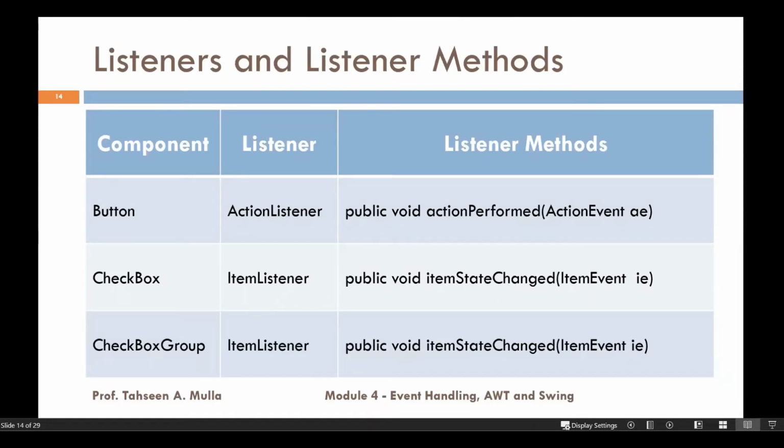You need to have some action performed or some methods implemented to it, and to communicate between the listener and the action performed on the particular component, you require some methods, right? So suppose you're going to use a button. For a simple button, you will need a listener, the action listener, and the method implementing this listener will be action performed, right? So you need to remember these methods depending on what kind of listener you are going to implement for a particular component.